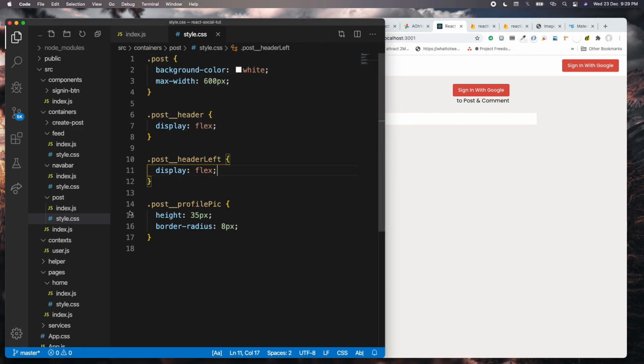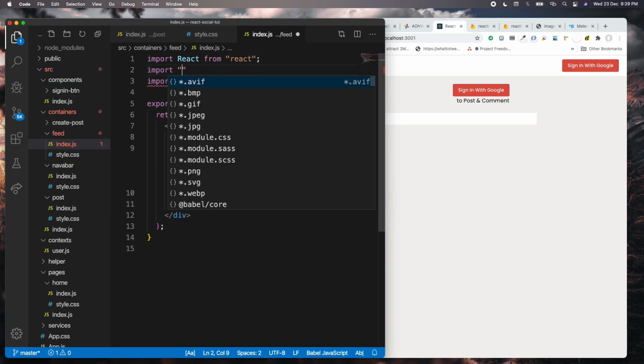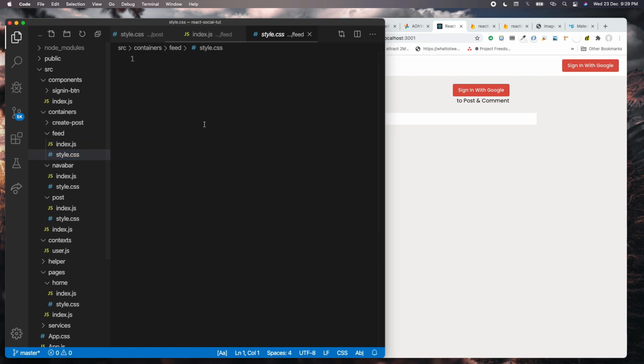To do so, I'm going to go inside the feed and copy that. I'm going to import style.css. So basically, I'm going to provide this class name so that all the components or elements inside of this div, which is this post, should be in the center. So I can go inside the style. I can say .feed. And then I can say